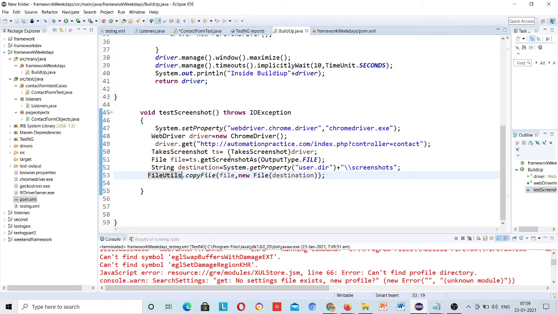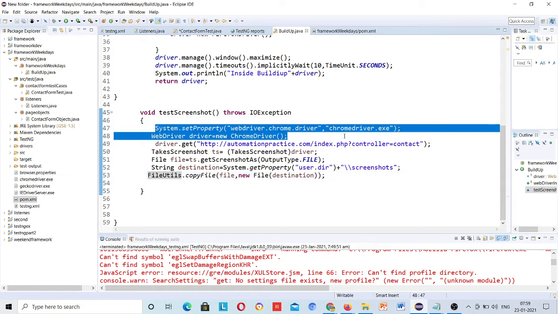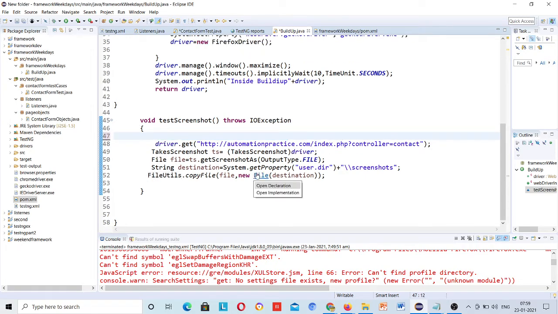Okay, so this is your screenshot code. You don't need all of this, and we do not need this.